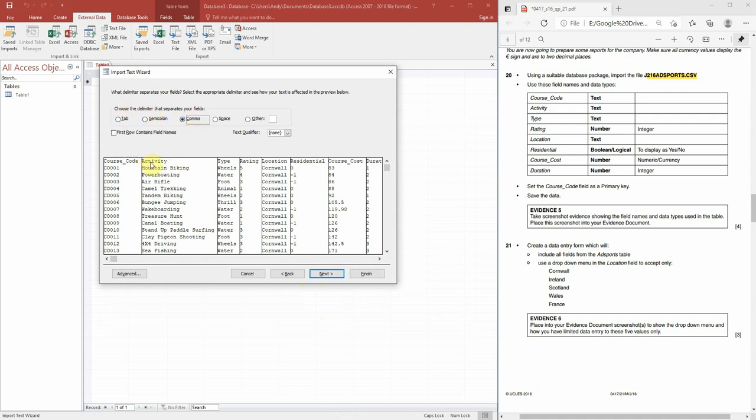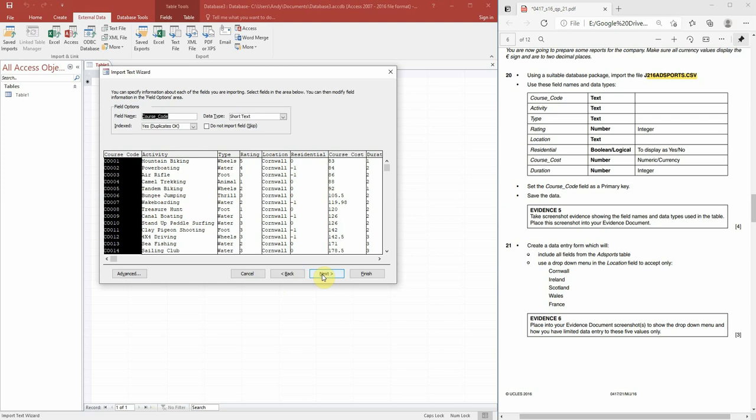Make sure, it's very important, that you remember that the first row contains field names. If you don't select this, it will sort everything out into order, including the headings. Okay, so first row contains the field names. Click on next. Now what we want to do here is we want to make sure that we have the